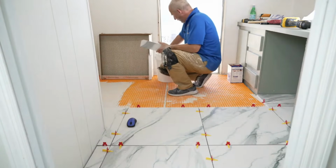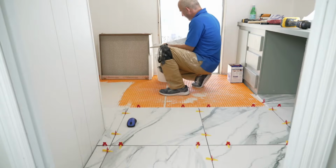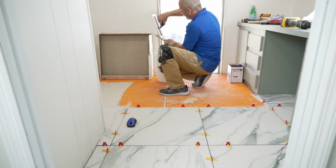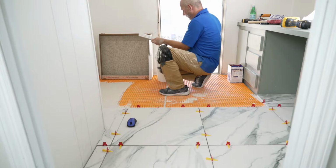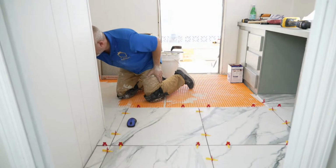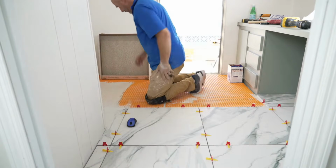Now the other side, I've already got the squares in there, and I've already added a little extra thin set. So in this case, I'm just trying to add my trowel line. And I know I'm a little premature here. Hasn't really set up for 10 minutes yet, but this is in the corner. It's never going to see any structural load. So I don't really worry about it too much when it's out of the traffic area. All right, now